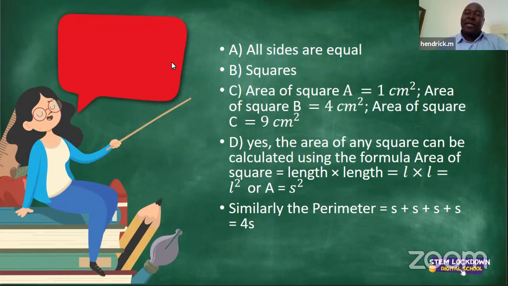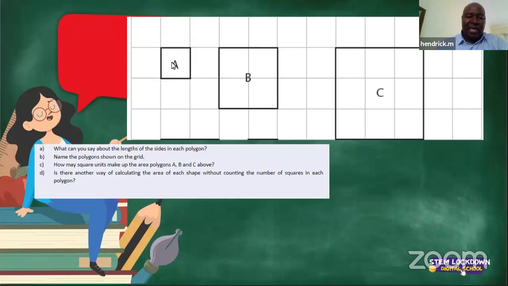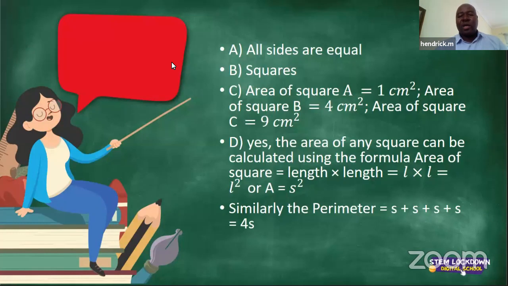Similarly, the perimeter, we wanted to answer the last question there, that is, is there any other way? Yes, there's an alternative way you can multiply, as Lorna has just said. Now, the perimeter as well, you can add all the sides, as I've indicated in the beginning. The square, you've got 4 sides, then 4 times